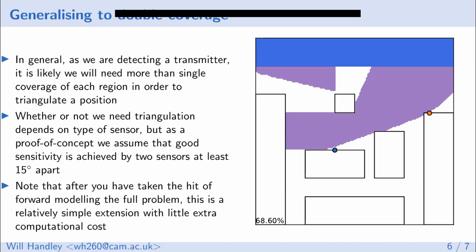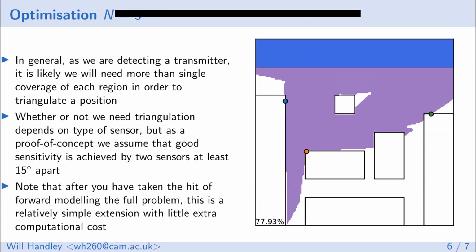So whilst you can get guarantees in stripped down versions of the problem, this way here, because you've taken the hit of forward modeling at the start, any additional extensions become a lot easier to both comprehend and to implement. So anyway, it turns out that this is the n equals 2 best solution in this case. And if you look at n equals 3, you get to here, which kind of makes sense, although it's interesting that it chooses not to put anything on the central building, because you think a human probably would think that would be the optimum place for paired sensor detection.